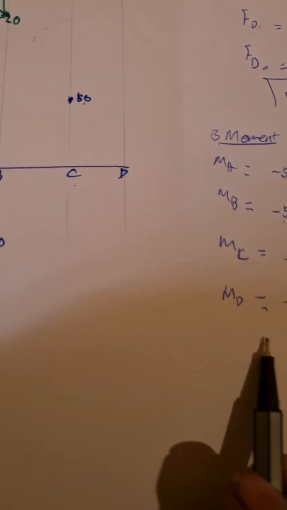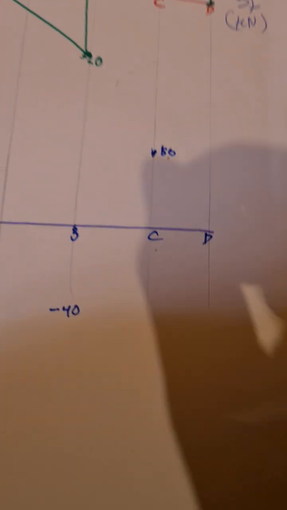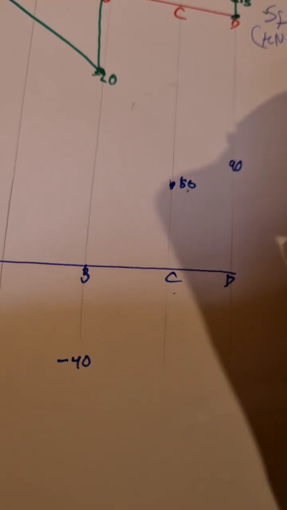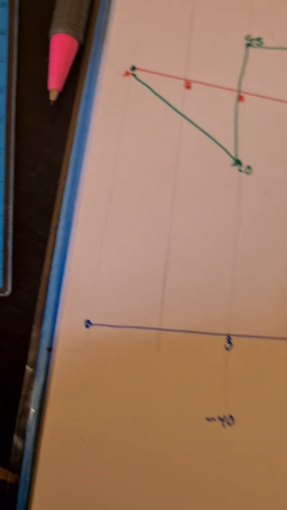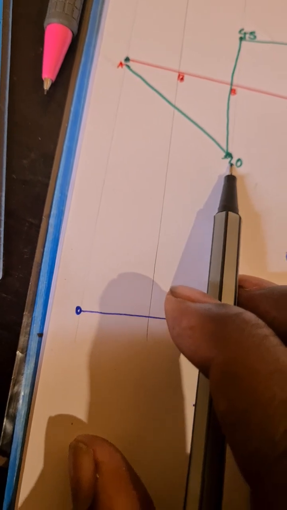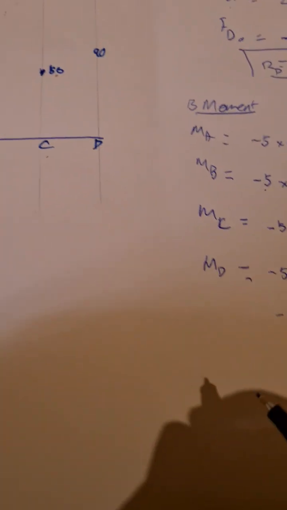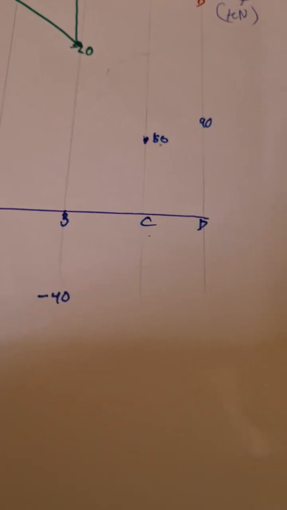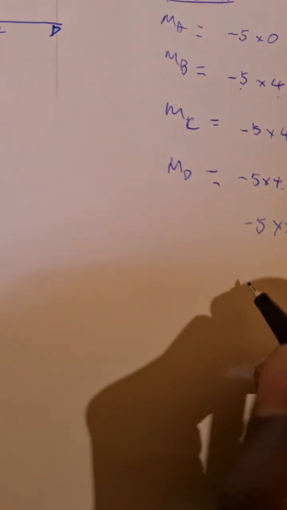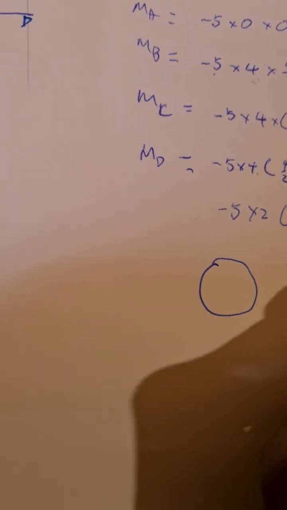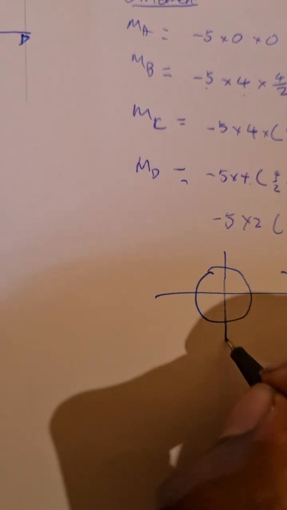Then moment at D is 90. 90 is somewhere here. So now we have a UTL. Now, every time we have a UTL, we need a circle of life. So we have something like this, and then you draw